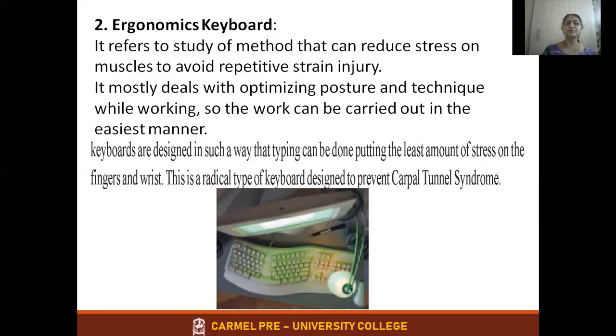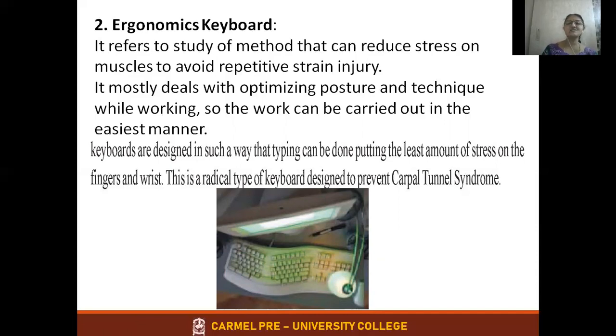But especially people in the IT field, software development, or data entry operators, BPO workers, who are continuously operating the computer and typing the keys, their muscles or nervous system get strained. So for their purpose, ergonomics is a study of how to find methods to reduce the stress on the muscles to avoid repetitive strain injury of the finger muscles.